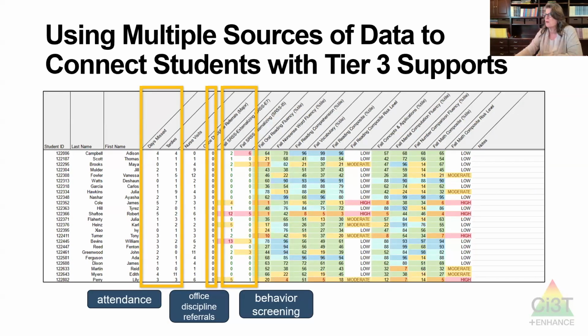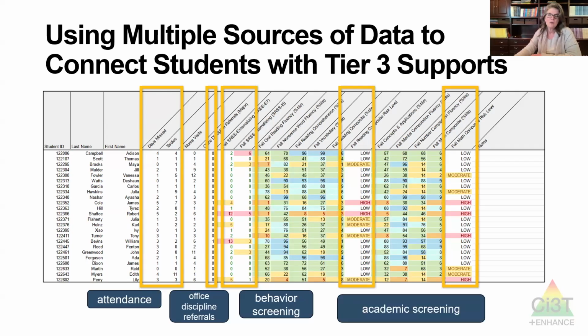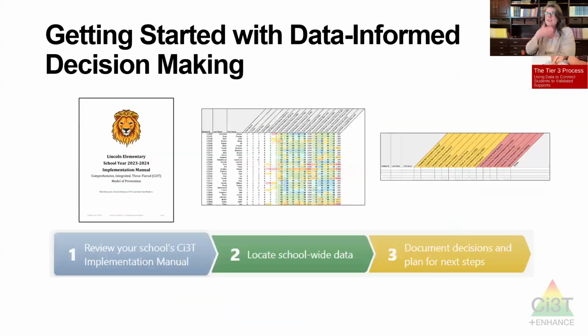Their externalizing scores? How are they doing in terms of reading performance? When we say look at multiple sources of data, Wendy and I have been teeing people up on this for years. It's not that you need multiple screeners. You need to look at multiple sources of information and look at that holistically. This is an example of what it might look like. And then you can start to engage in this data informed decision making process.